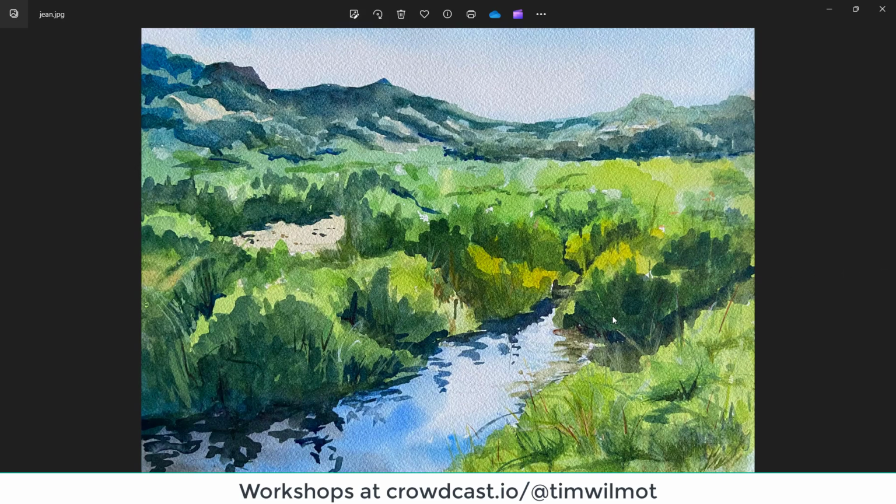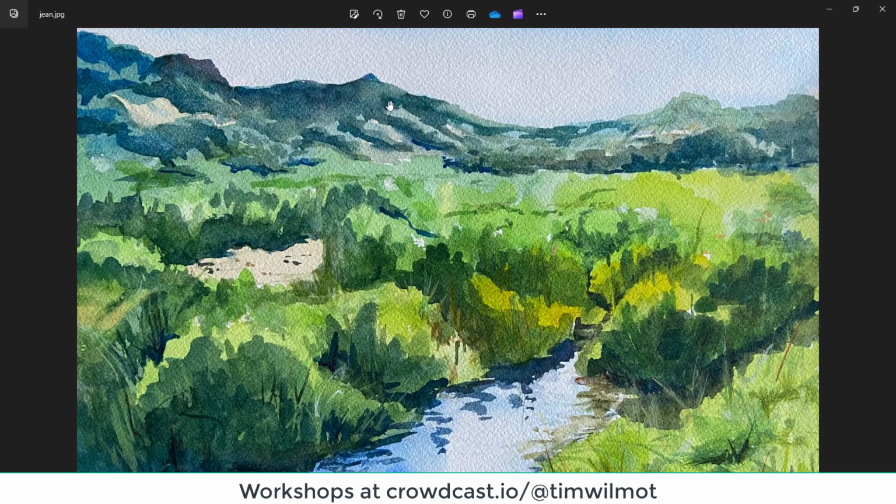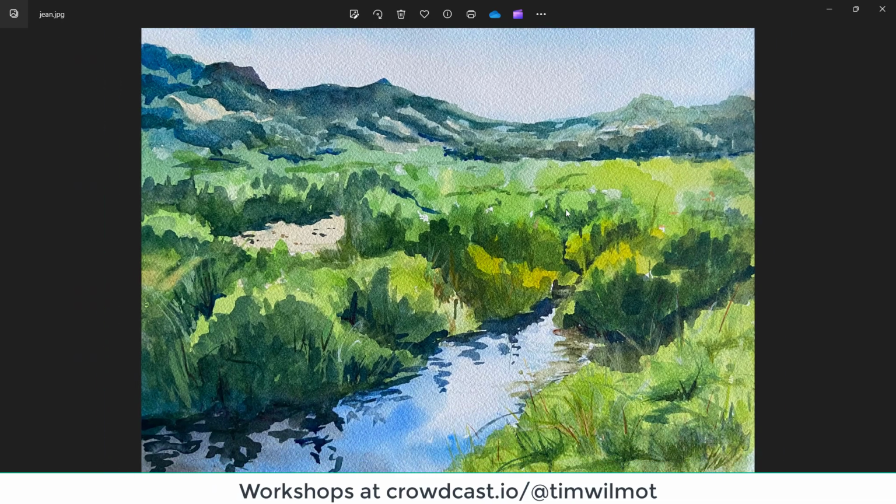Excellent, Fiona, thank you. And Jean, nice composition, good feeling of depth. Perhaps it could be better if we went a little bit lighter with the hills and perhaps a few more softer edges in there. Also, just try and think of defining the horizontal level of the back of the wetland area, but then coming forwards,